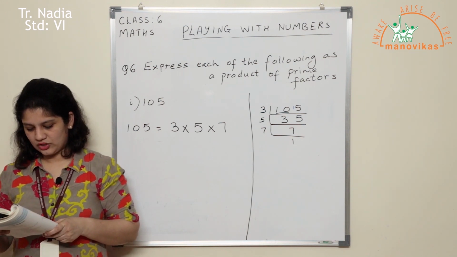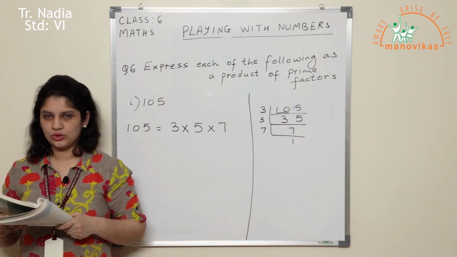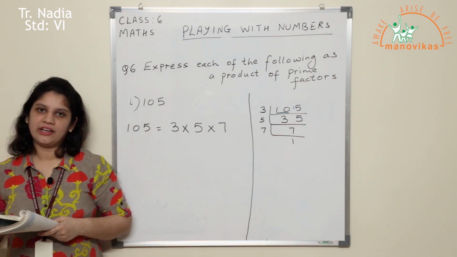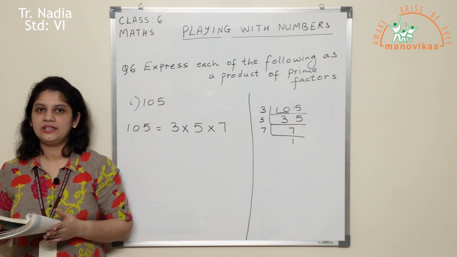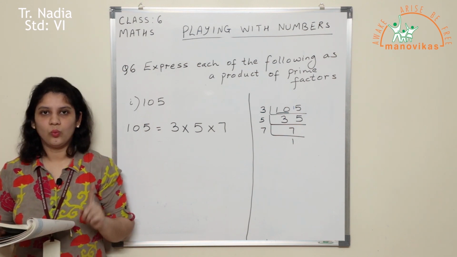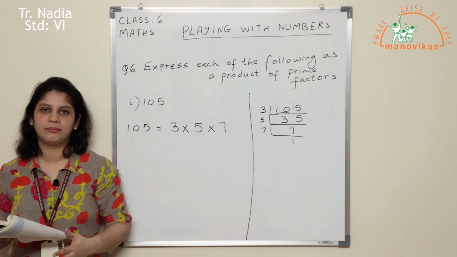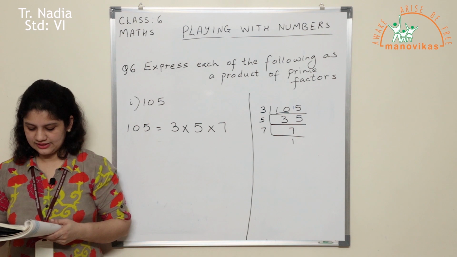Now let's move to question number 7. There are some fill in the blanks. You all have to do this also in your notebooks. Dash is a factor of every number. I have just told you all which is a factor of every number. Yes, it is number 1. The digit 1 is a factor of every number. Every number can be divided by 1 as well as the digit itself.